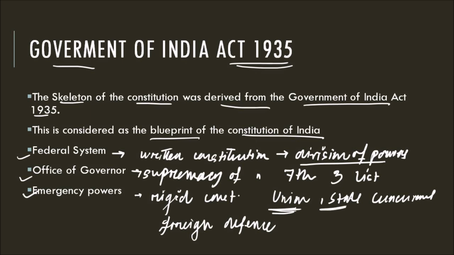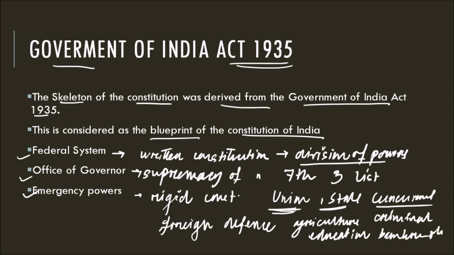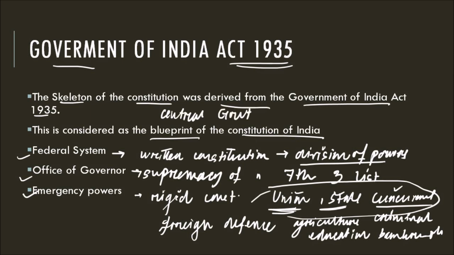Similarly, the state government has complete authority to legislate on the subjects that are under the state list. It has subjects like agriculture and education. Both union and states have the authority to legislate on the subjects under the concurrent list. This list contains criminal laws, bankruptcy and other subjects. And the residuary powers are vested in the central government. That means any subject which is not covered under the union, state and concurrent list will be legislated by the central government. Some of the other features of the federal government are independent judiciary, bicameral legislature and dual government policy.